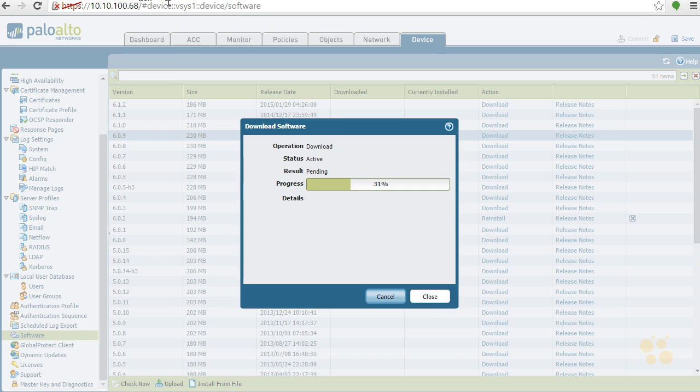The downloading portion right here is not going to have any interruption on user service, other than possibly degraded bandwidth, depending on what you have going on. But generally speaking, no interruption in actual user traffic. So we'll watch for that. Since I'm talking enough, we can go ahead and wait for this one to finish. But anyway, that's the process for downloading a piece of software. Do this at any point in time, and then schedule your maintenance windows for actually doing the installation of it.